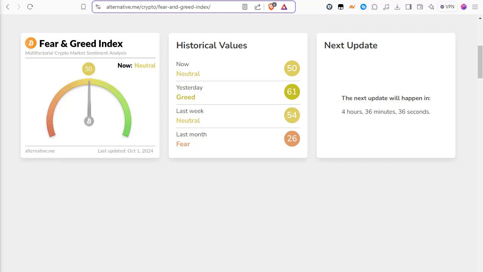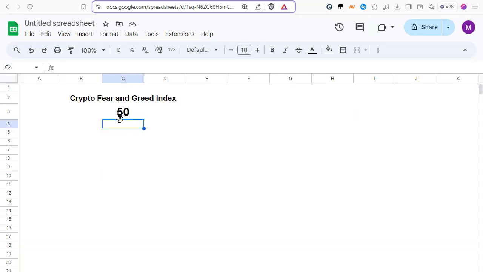So, first step would be to choose any fear and greed index website. I used this one. It's called alternative.me and it provides the up-to-date fear and greed index for the crypto market. So currently we are sitting at 50, and all you need to do for pulling this information to your Google Sheet, you will have to